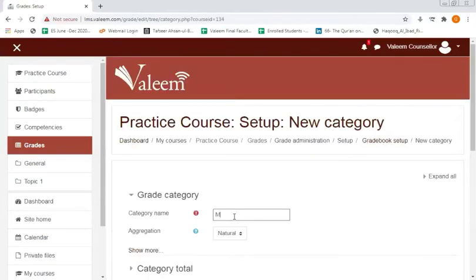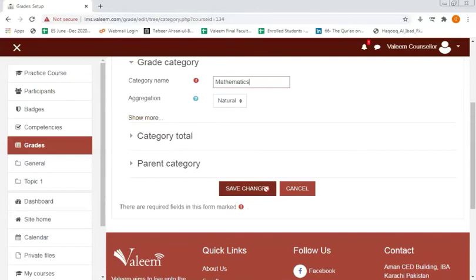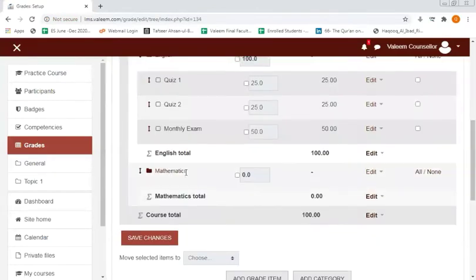I am making it mathematics. After that, scrolling down and saving changes. Now this is how the main category for my subject has been created, and I'll be adding the subcategories to it. For that, I'll be clicking onto the grade item again,